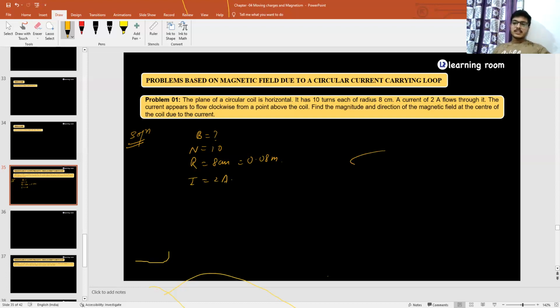So let us say that this is the circular current carrying conductor. This is the top face, and we are watching from here. What we'll see, if the current flows clockwise,